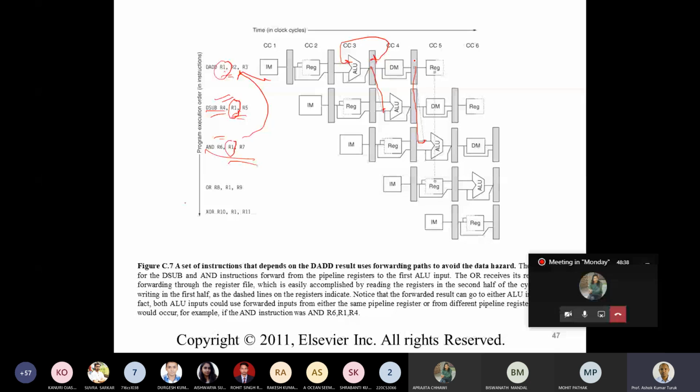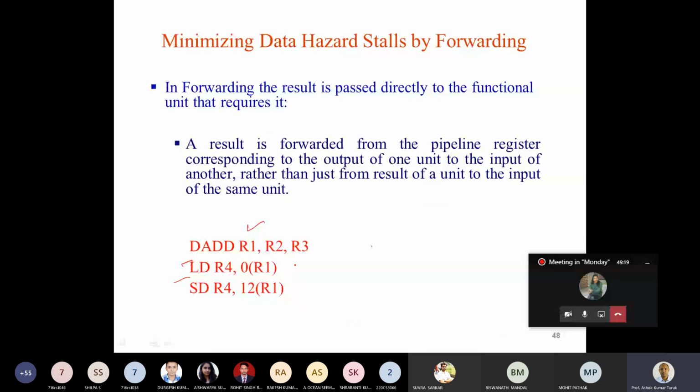and the load and store both refer to the memory. Let's look at what the load is doing. Load reads a memory location, and how does it compute the effective address? The effective address is the content of the register R1 plus the offset 0. R1 plus 0 becomes the effective address, and R1 is produced by the add. There is a dependency between these two instructions, load and add.